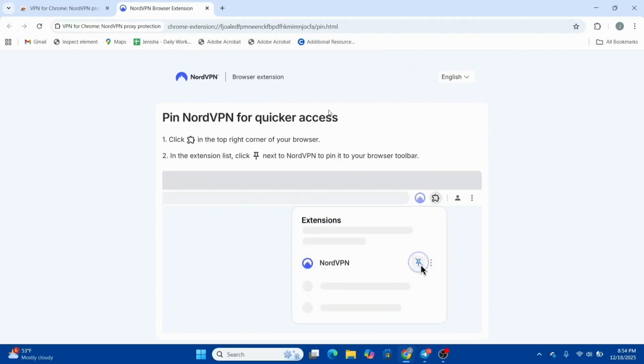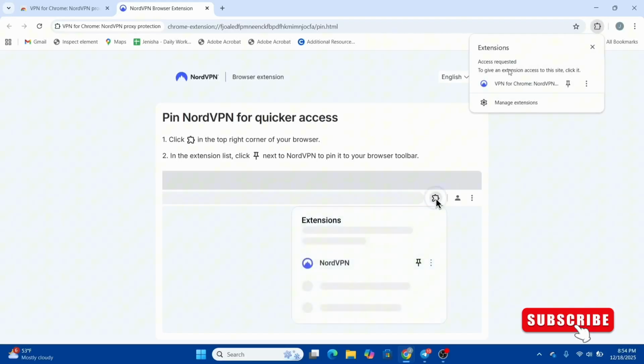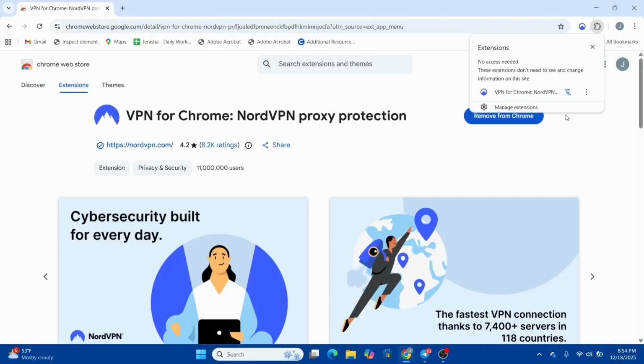Now you just need to set up the extension. You can look out for the extension here. You can choose your language. And apart from that, you can look out for this extension tab at the top of your screen. After you select it, you can pin your VPN right there, and you will be finding a VPN available. Now you just need to open it up,